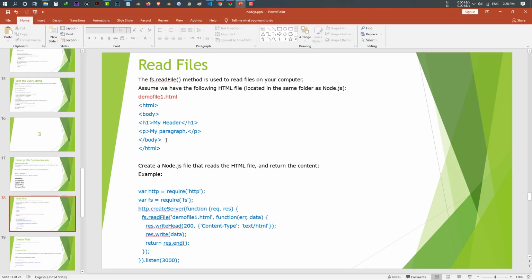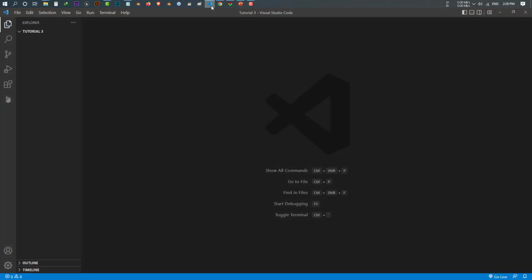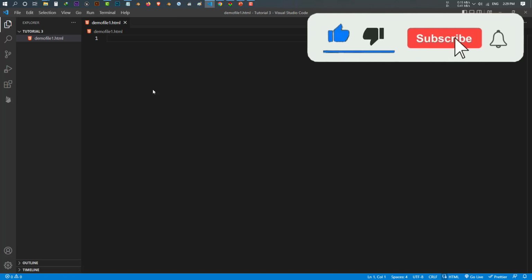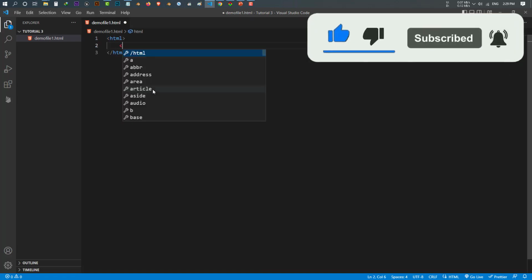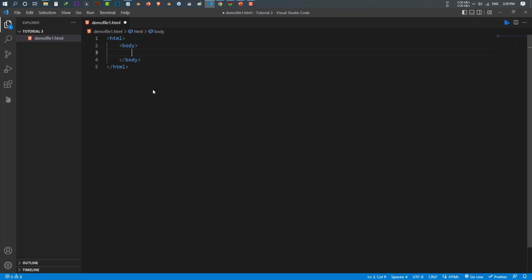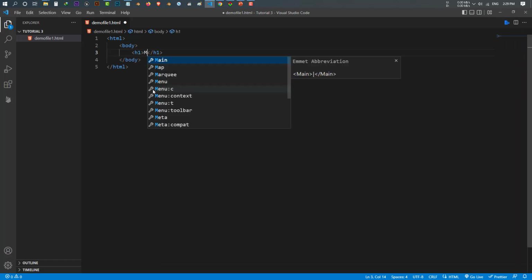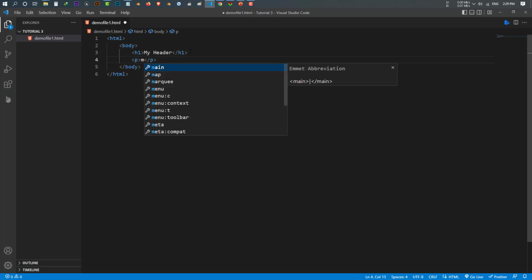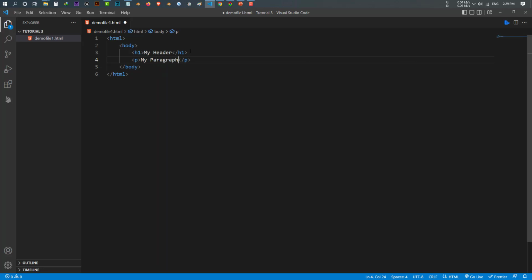Let's make this file. I go to my Visual Code. I'm inside my project folder. I make a file, I call it demofile1.html, and I write some dummy code in here. For example, we have a simple HTML file, and inside this one we have an h1, my header, and we also have a paragraph, my paragraph. This is a dummy file we have,